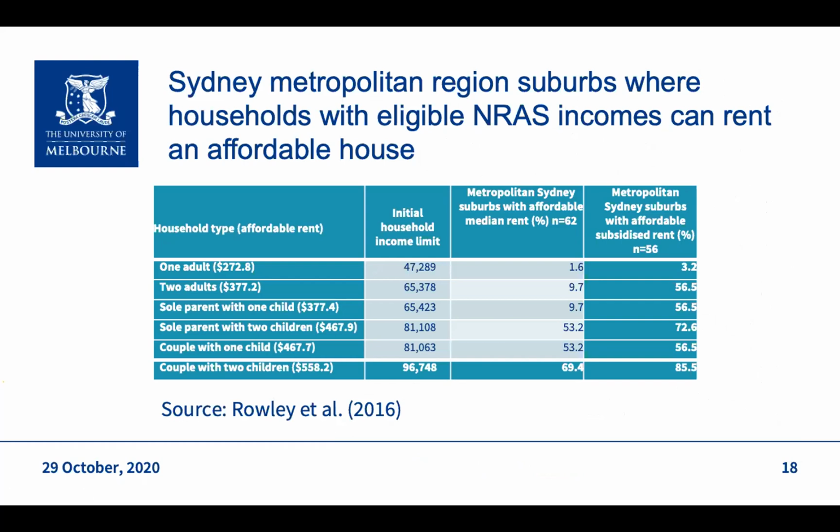So here it is for Sydney. What the scheme says is that before the scheme, very few people were able to afford housing, but after the scheme, almost 85% of, say, couples with two children would be able to afford housing in 85% of suburbs in Sydney. So it was quite